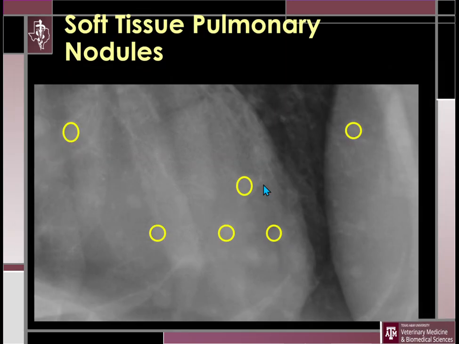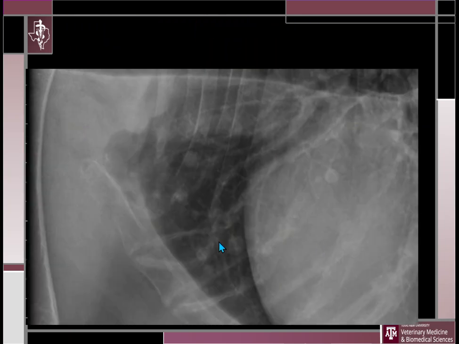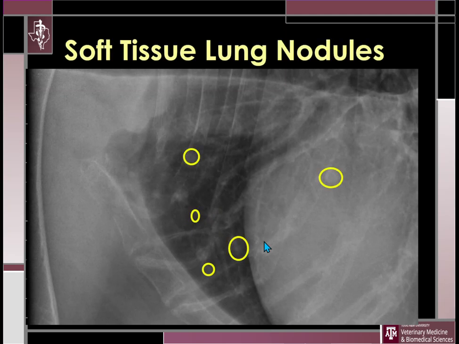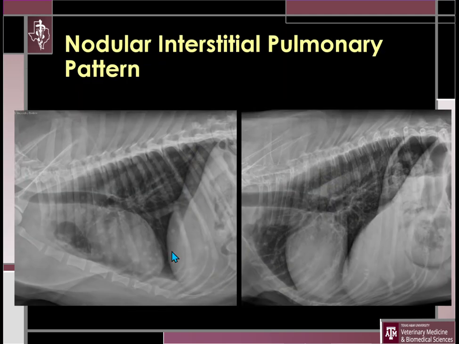This is just illustrating some of those nodules. There's more that are not outlined. So this would be a nodular pattern. Here's another illustration with soft tissue nodules multifocally throughout the lung. We can see pulmonary vessels coming and branching to the lung periphery. Some of these nodules, like this nodule, is in the plane of this vessel, but it's bigger than the vessel. So again, if we have various soft tissue nodules within the pulmonary parenchyma, we're going to call this a nodular